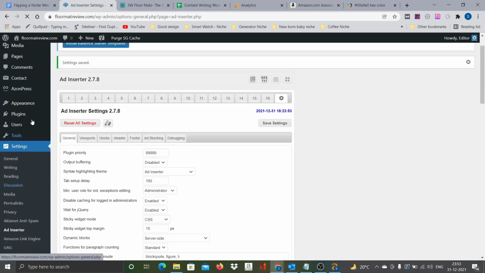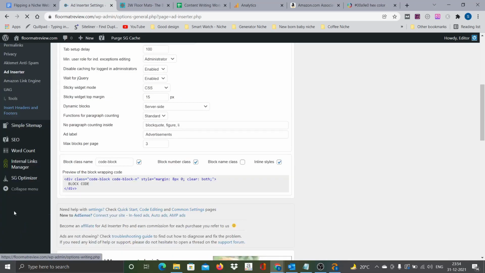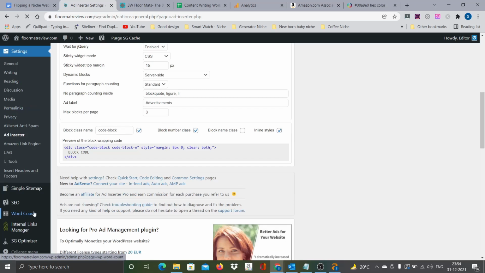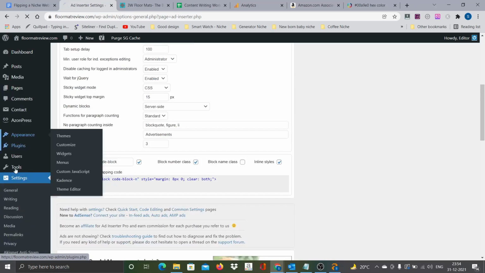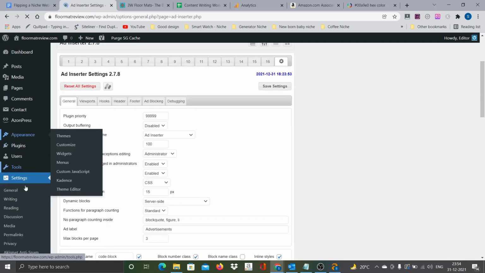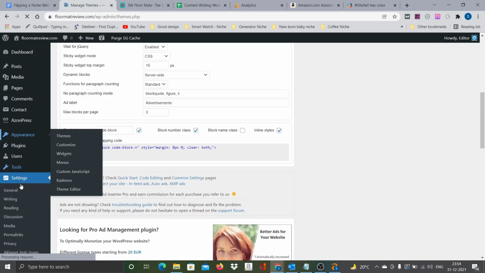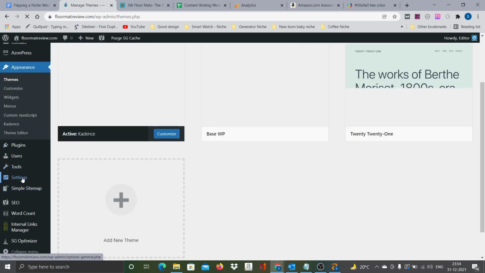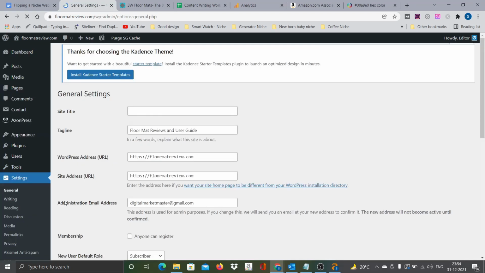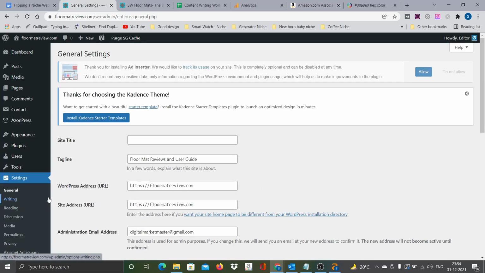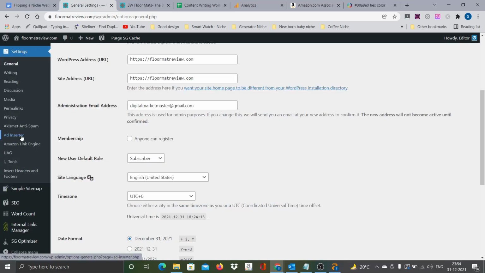Now let's go to the settings, add inserter. Add inserter, where is it? Settings, add inserter. Okay, let me try once again.